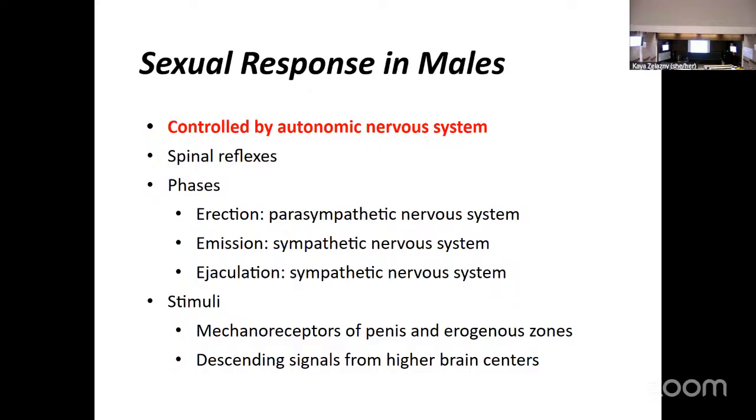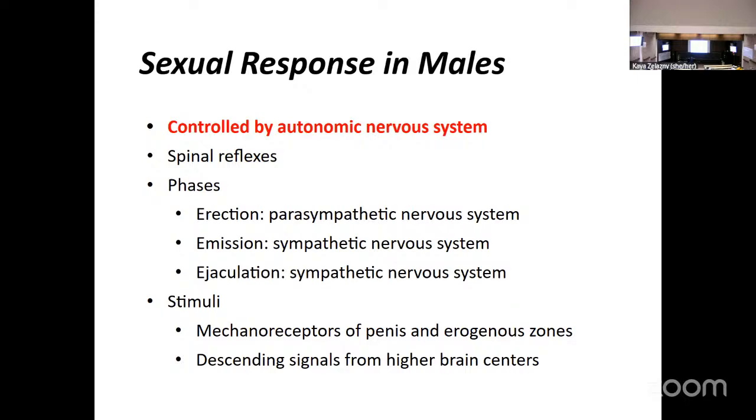Okay. So we're going to go through the erection phase, the emission phase as we start to have fluid moving, and then the ejaculation phase as we actually have semen leaving the copulatory organ. Okay. So in terms of what type of receptors, physiologically, are kicking this off, we're going to be thinking,